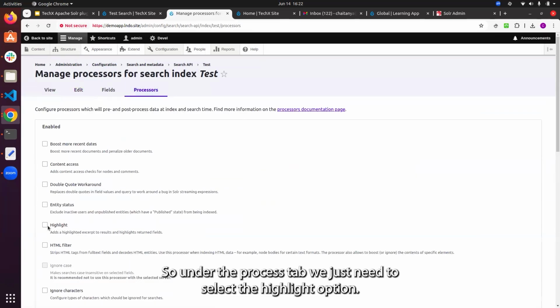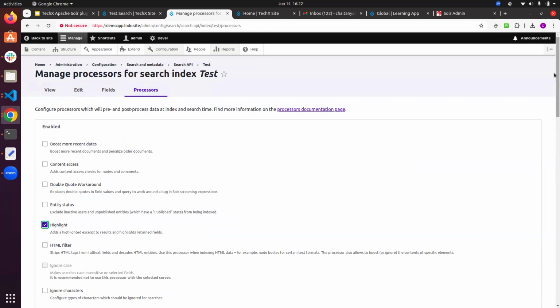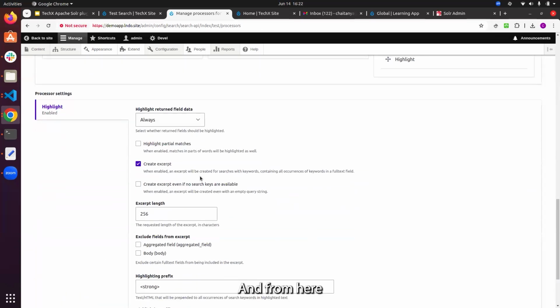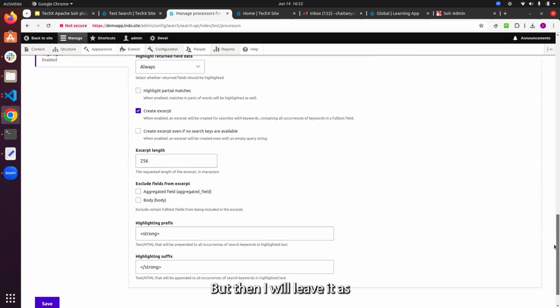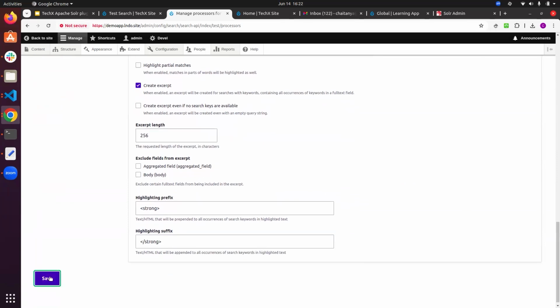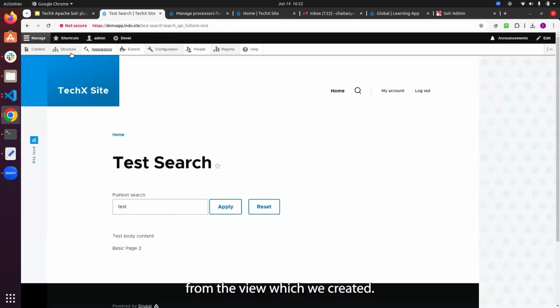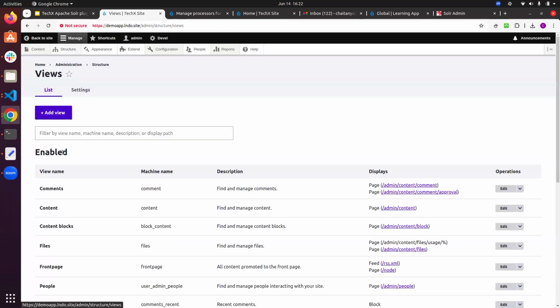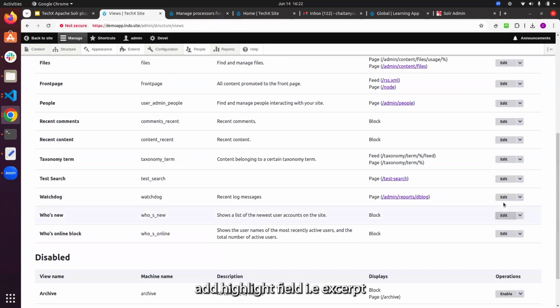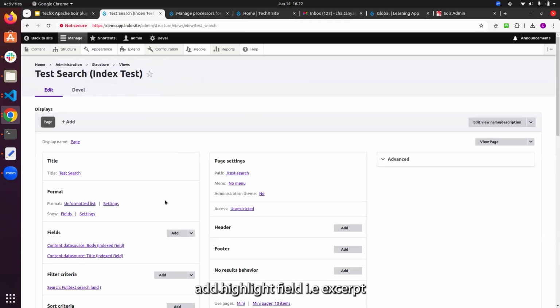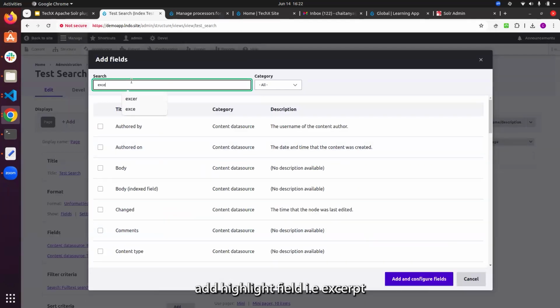Under the processor tab, we just need to select the highlight option, and from here we can select this based upon our requirement, but here I will leave it as it is. From the view which we created, we need to add the highlighter field. For that, add, and the name of the field is